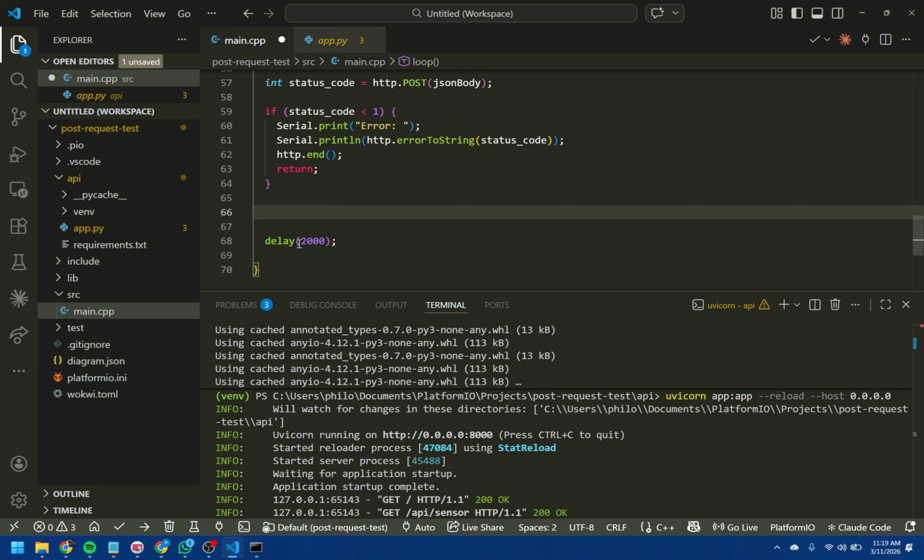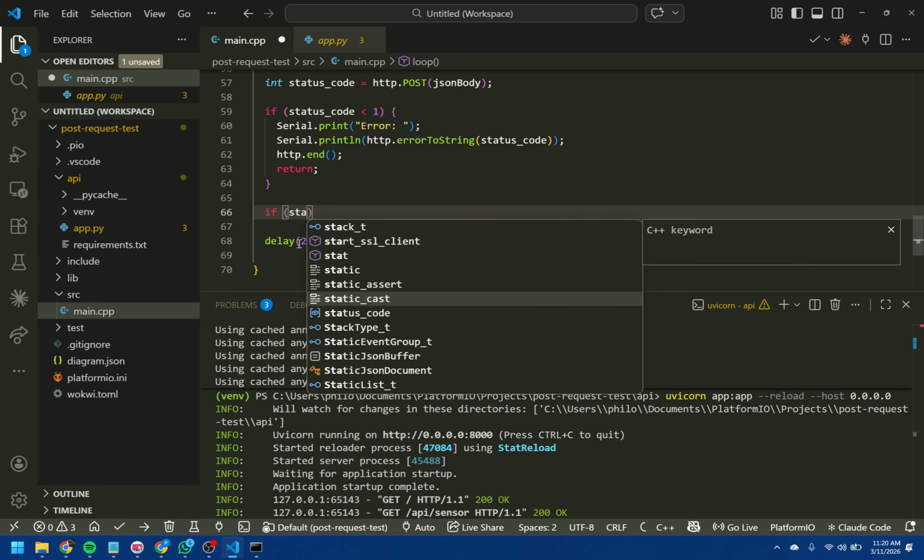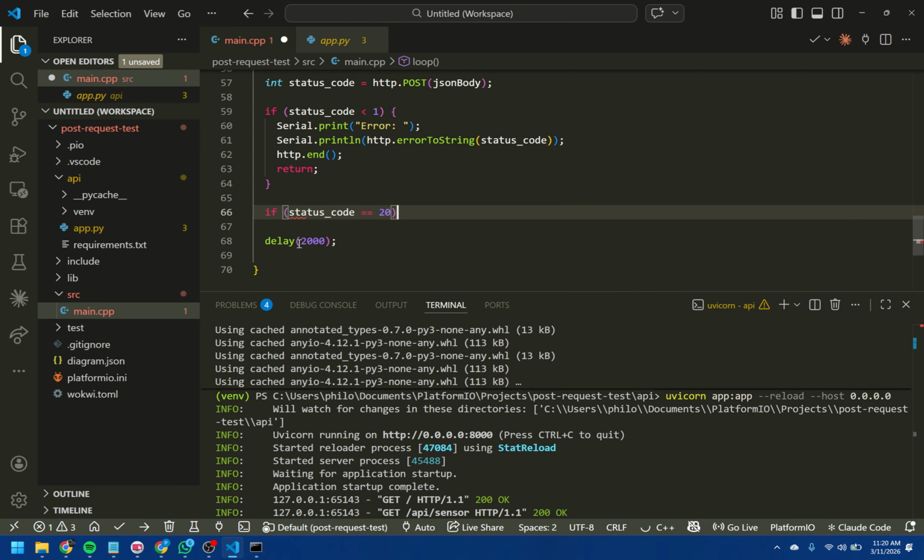Okay, two things we'd want to do. If the request does go through, it does not mean that we got a 200. It could mean that we got a 400 or a 404 or something else. That signifies that we did in fact make a request to the server and we got back a response, but it doesn't mean that we got the response that we wanted. So I want to check and make sure that the response I got back has a status code of 200. If it's not 200, don't do anything. Only do something if it's a 200. So if status_code is equal to 200, then